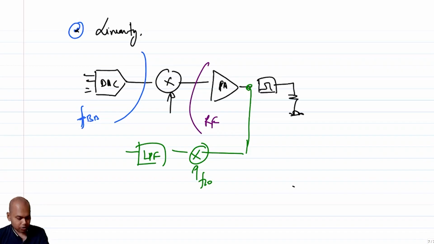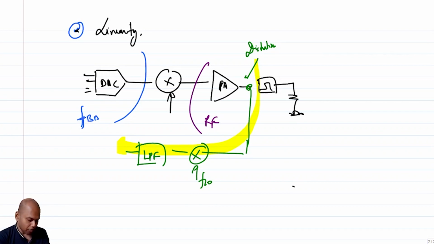So now when I do this, what do I get? I get basically the baseband signal back, right? It's almost like a receiver, but for a known signal, I'm getting the baseband signal back. Now, if I have distortion here, right? If this point is distorted, this distortion is going to travel all the way here, which means that now I am in the baseband domain, and in the baseband domain I can use,